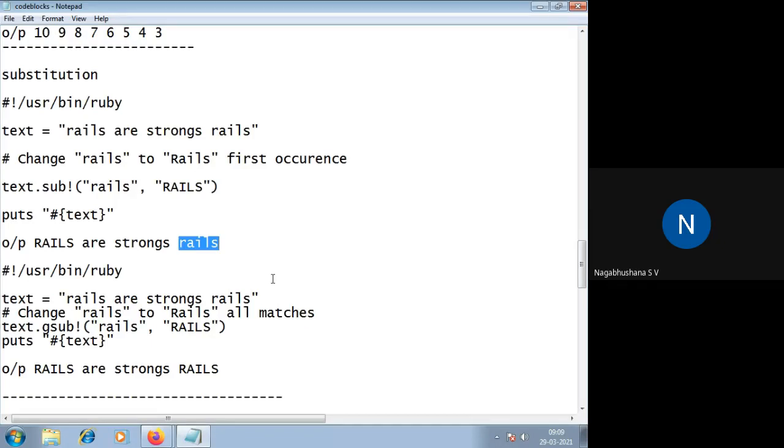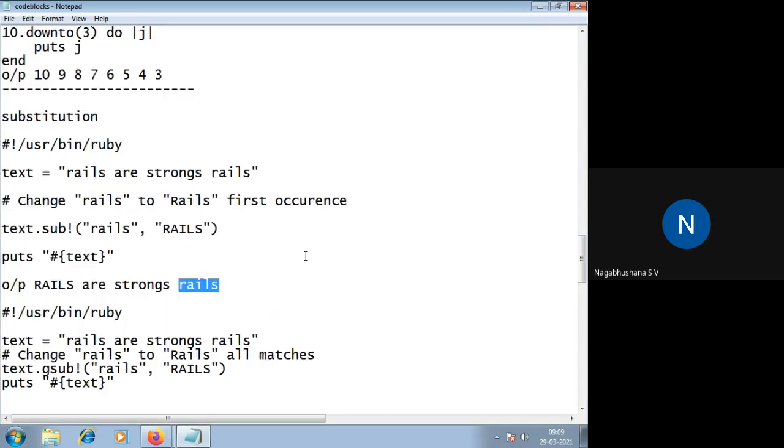If you are using gsub, it is going to match and substitute all the occurrences. So that is the difference between using sub and gsub. Is this clear?